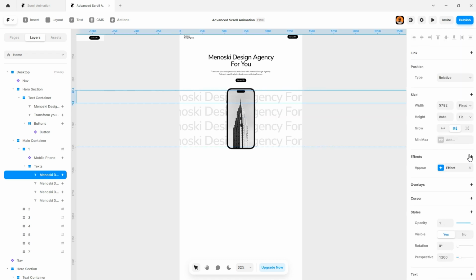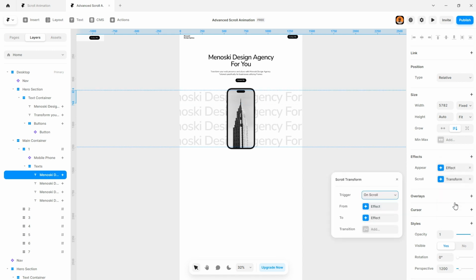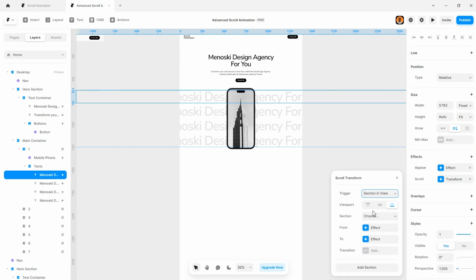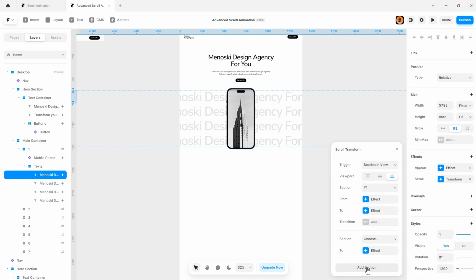We go to effects. I will go to scroll transform. Now we go to section in view because we already have our sections ID. Now this is an interesting part. So now in this section ID, we say when it is in section 1, we don't want any initial effect, so we set both the opacity and scale to be 1. Then we go to the 2 state. Now when it's in 2 state, we set the x-axis to be 100 because that moves element from right to left, while the y moves element from